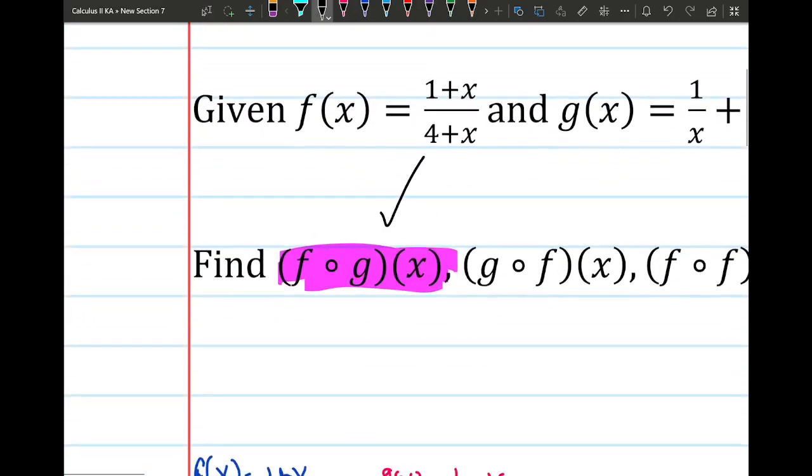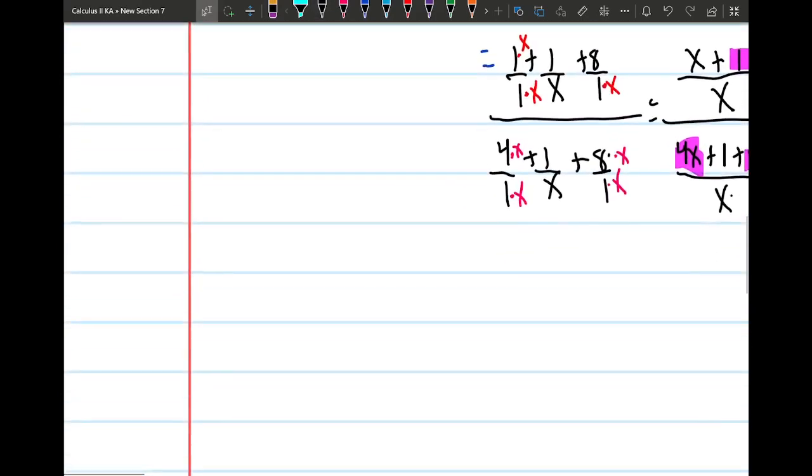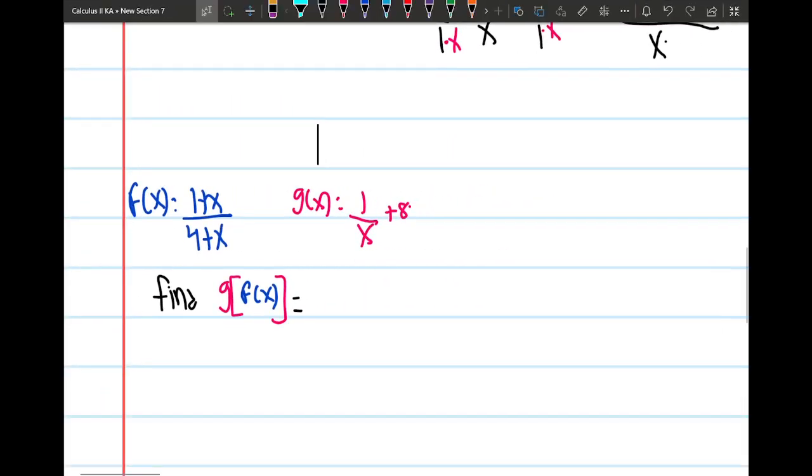Now, we're done with that. Now we're going to do g of f of x. So again, let me rewrite my functions. Okay guys, so let's go ahead and continue. So now our second part of this example, I already wrote it in the way that it's supposed to be. Basically g composite of f of x